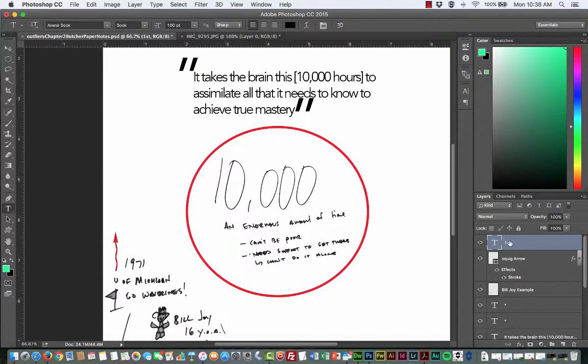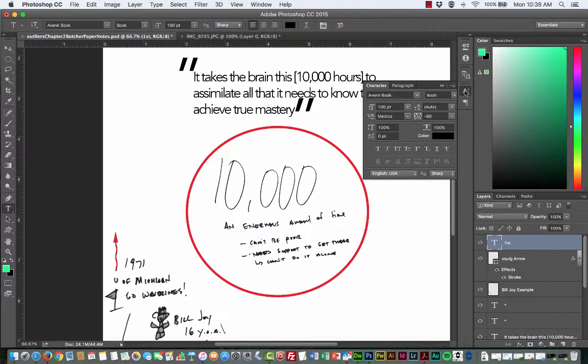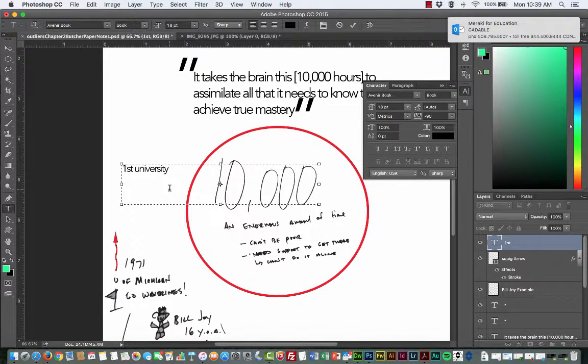So I'm going to click on my layer, and you notice that it has first, but you can't see anything over here. Come over to my character window and change that from 100 point to 8. Actually, what would we have? 20. Yeah, let's go ahead and make it 18. Click back into my text tool there. So first university, don't need to capitalize it. First university to